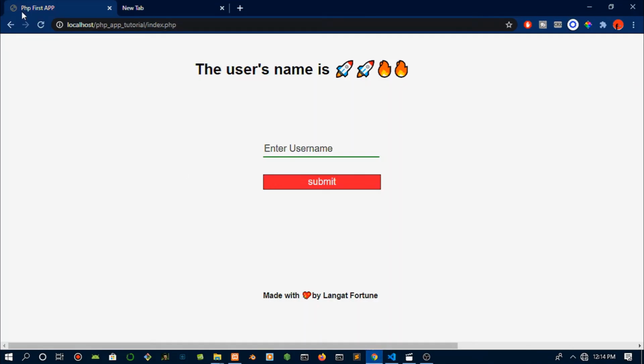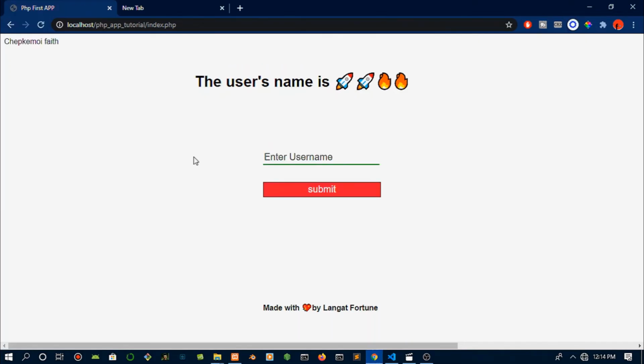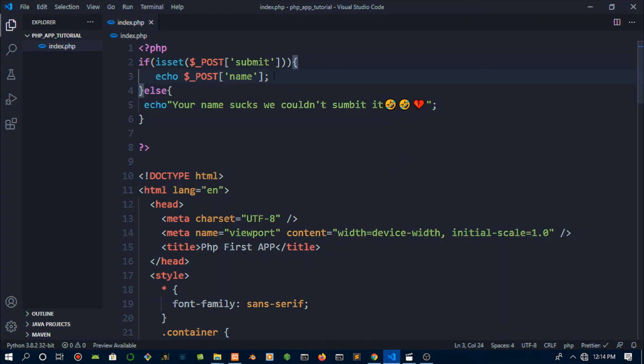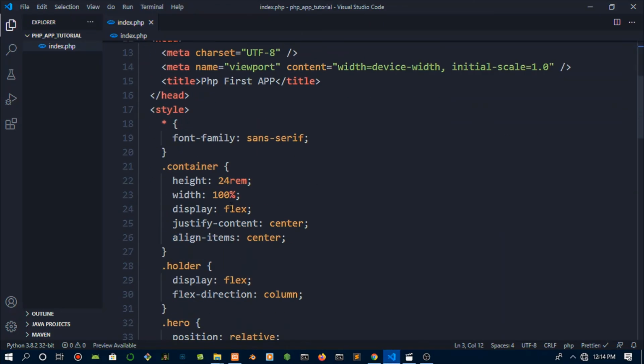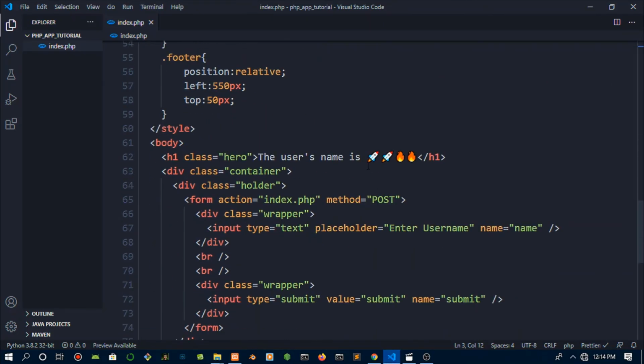Let's key in a name. Wow, there it is. But that's not really what we want. We want this to be within our HTML. So it's quite easy to do that in PHP. You just do the same thing you did up there within a HTML tag. So we're going to do this in the hero. So we just open up some PHP tags in here, and we're going to do an echo